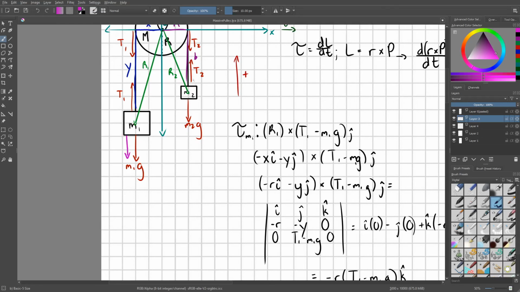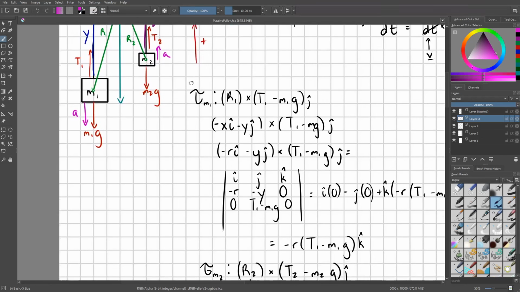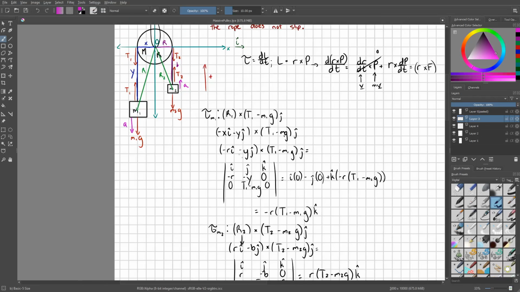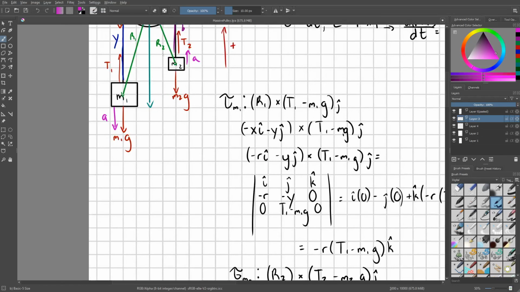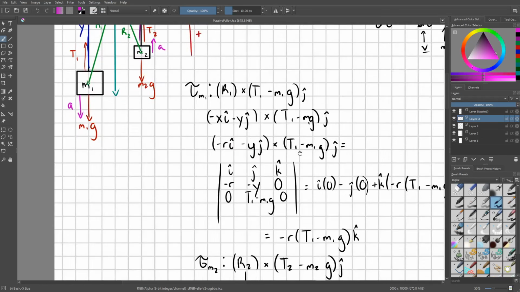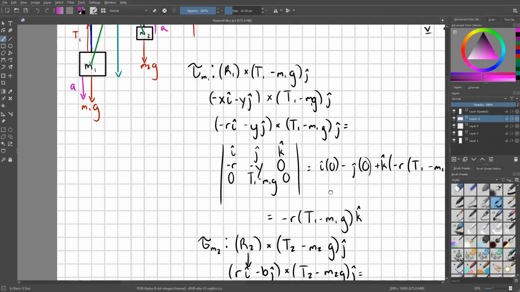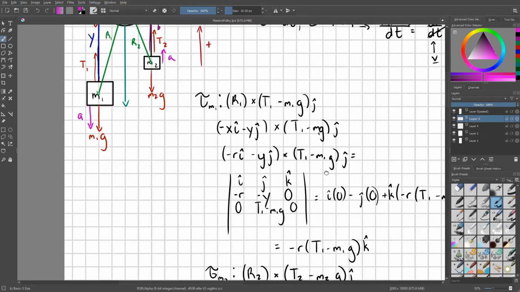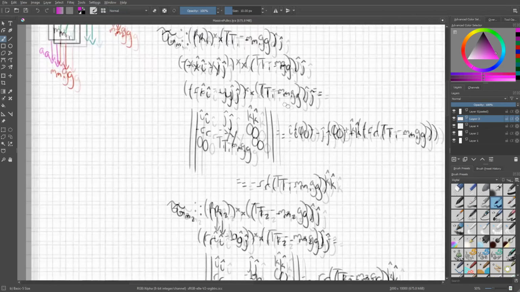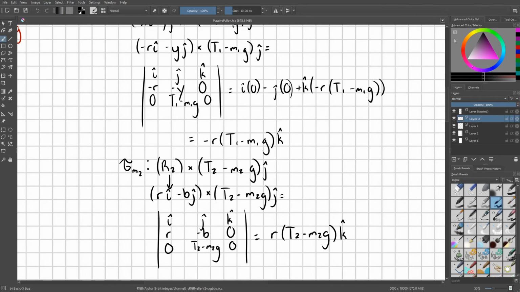It doesn't really make a difference if you switch these accelerations, but I'm just going to do that, just for clarity. It could be the other way around. M2 could be accelerating down, M1 could be accelerating up. So what I'm going to do from here is set each of these terms equal to an even more generic expression for this torque,